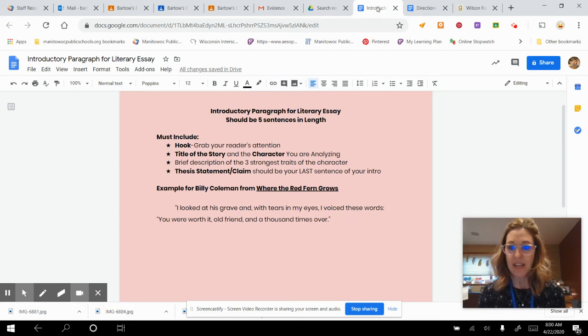And so now, that's my hook. Now I'm going to roll right into what are some of those character traits that I'm going to be looking at more closely in my body paragraphs.